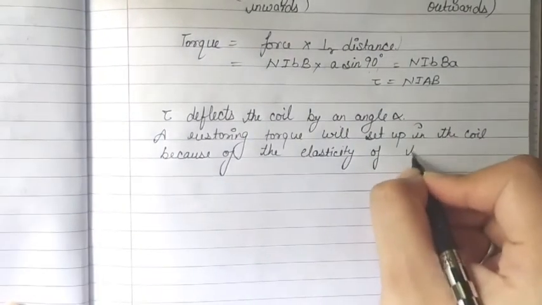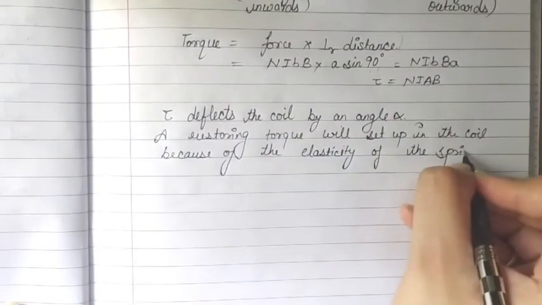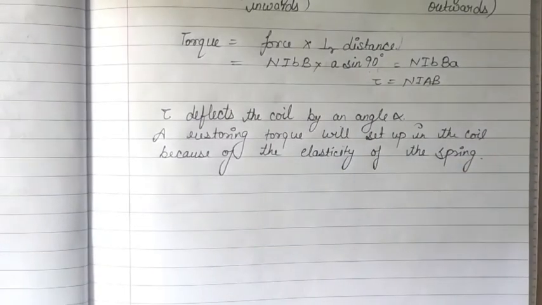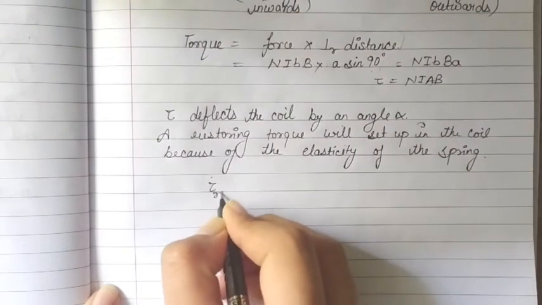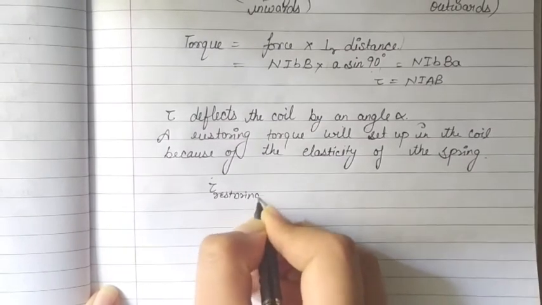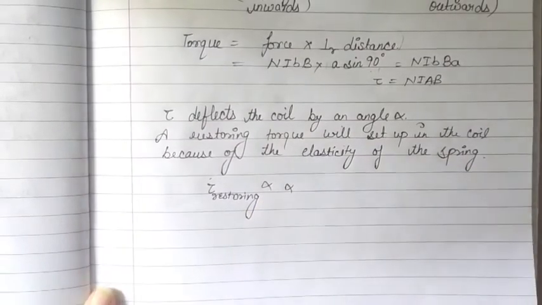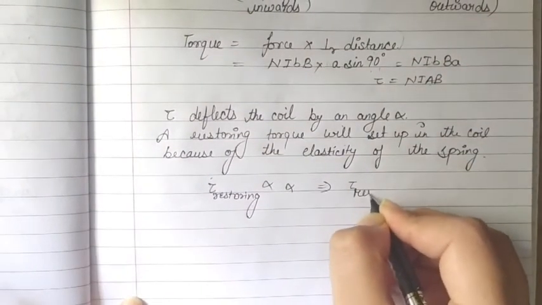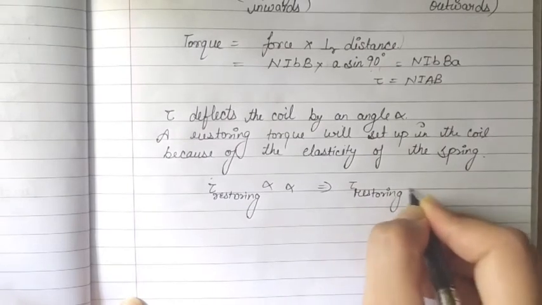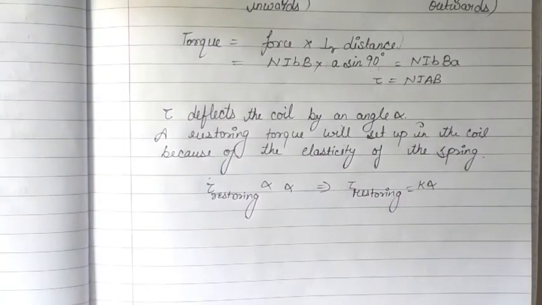Now this restoring torque will depend on the angle alpha, because the more angle or deflection we get due to the torque, the more restoring torque will be set up. That means the restoring torque, we write it as tau restoring, depends on the angle alpha. That means we can write it as the restoring torque is equal to K alpha,